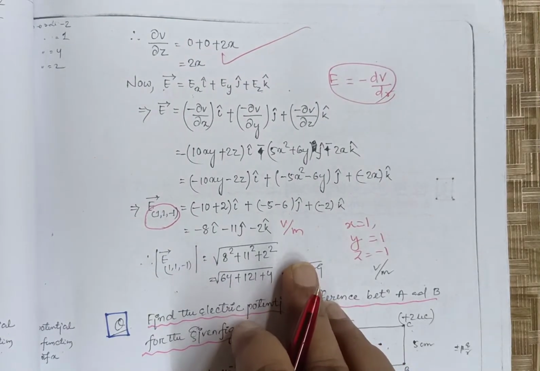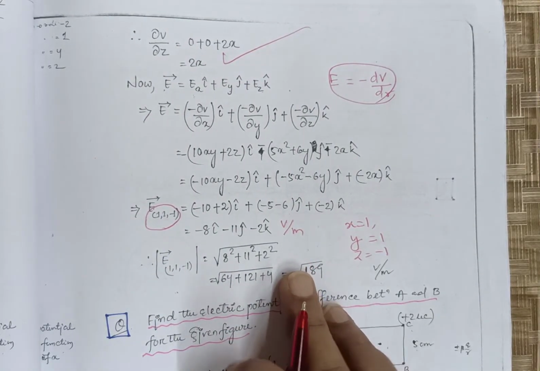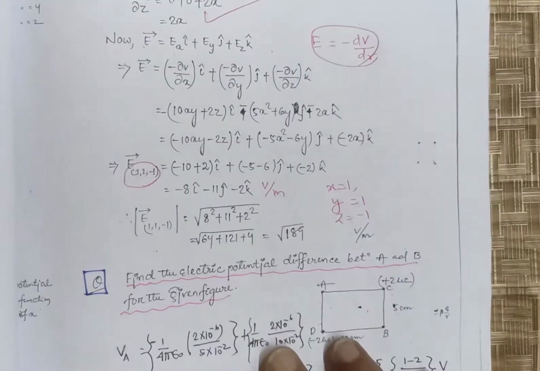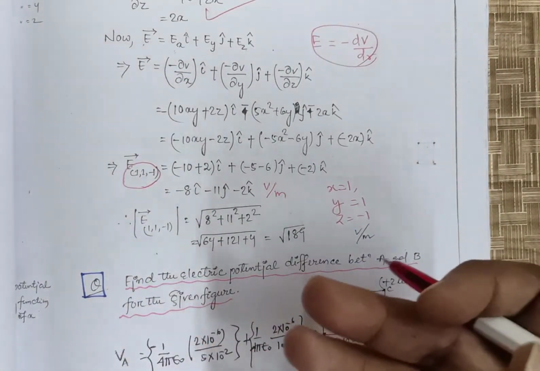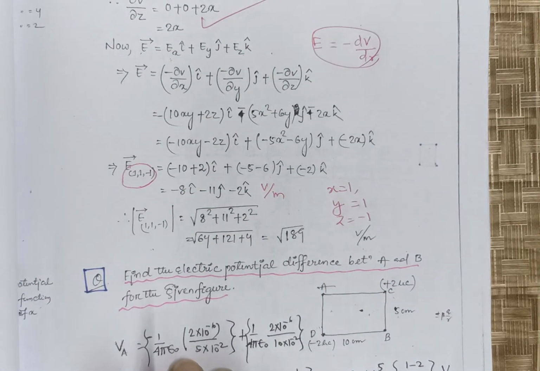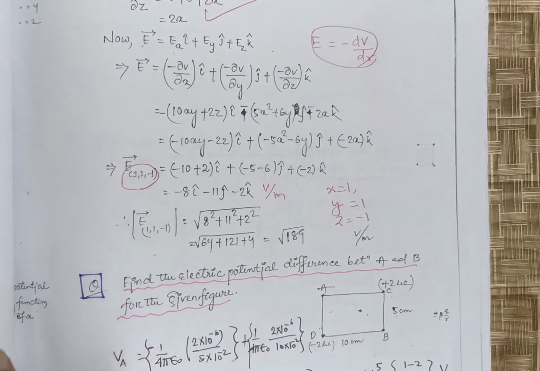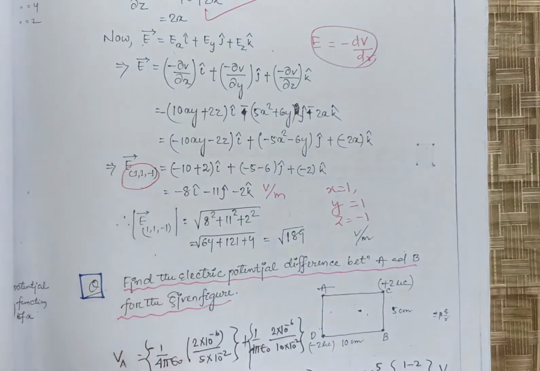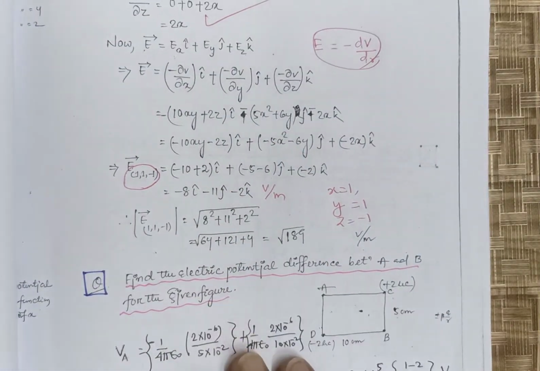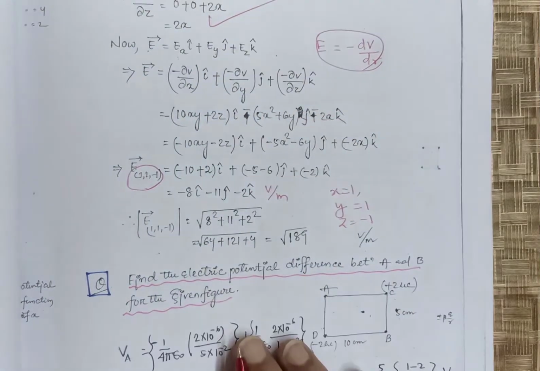This is your answer. Only one thing: when this type of question is asked, first see whether the potential is a function of only x, or only y, or only z. Then you just take a simple derivative. But if the potential is a function of x, y, double variable or triple variable, then you can use the partial derivative formula.